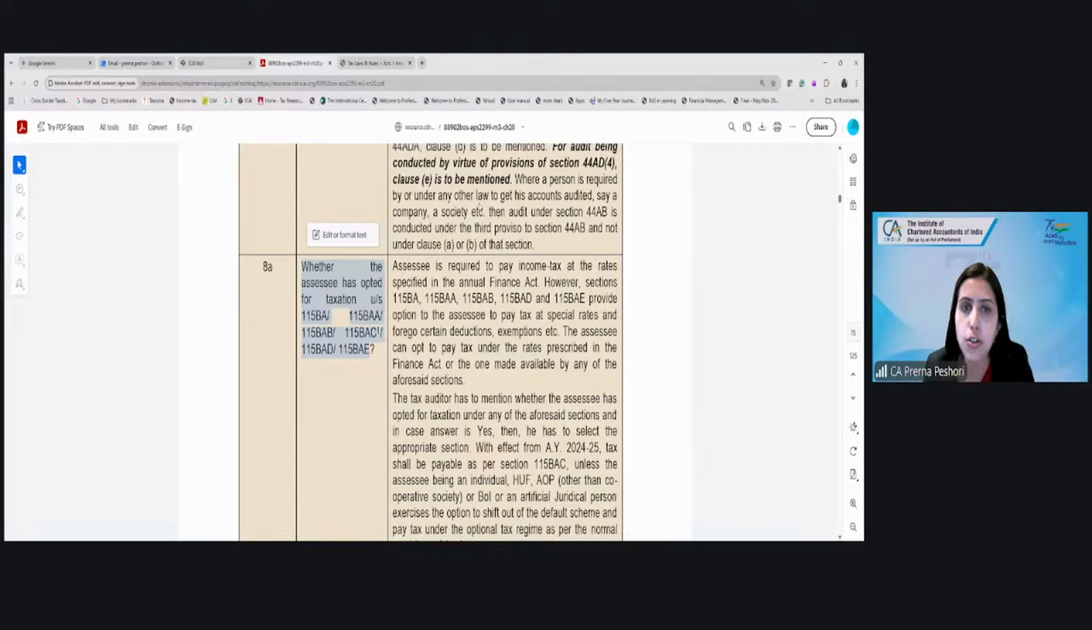From the last year's return of income, from the specific forms filed to opt for these concessional tax regimes, isn't it? Right? And in case you have not yet opted in, then you have to rely on the representation from the client. You have to rely on the representation from the client. Okay? Then,